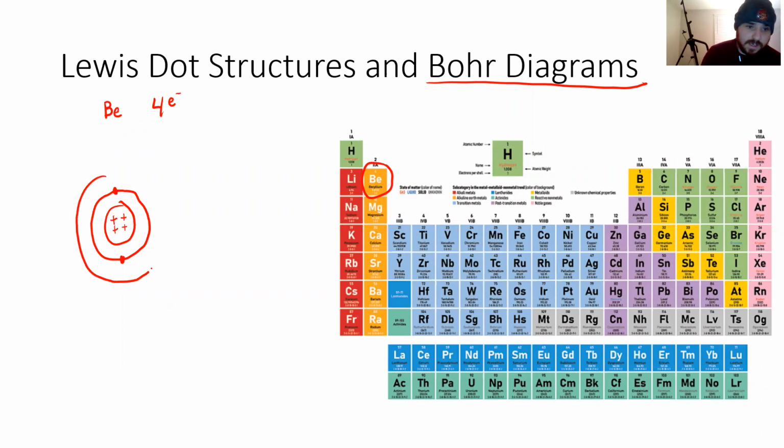We have to go to my second energy level. This holds the 2s orbital and the 3 2p orbitals. It can hold up to 8. We only need 2, so we're going to put 1, 2, and there we are done making the Bohr diagram for beryllium. So basically what Bohr diagrams do is they show us all of the electrons in an element, and